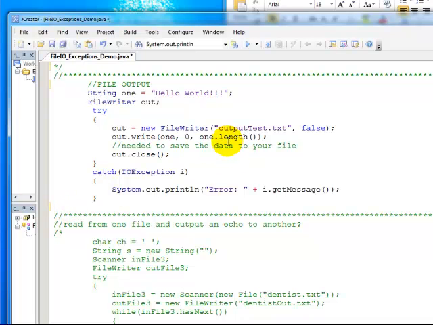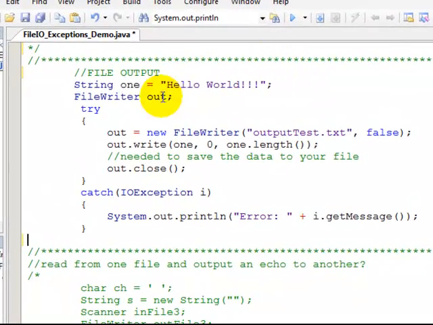Now instead of outputting to the screen, let's output to the file. We have a string hello world with 3 exclamation points, and we have a file writer object out. So that's what you need to do for output. When you output to a file, you need to make a file writer object. So like we did before for file input, we put the bulk of the rest of the stuff, if it causes a problem, in the try block. Out is assigned new file writer output